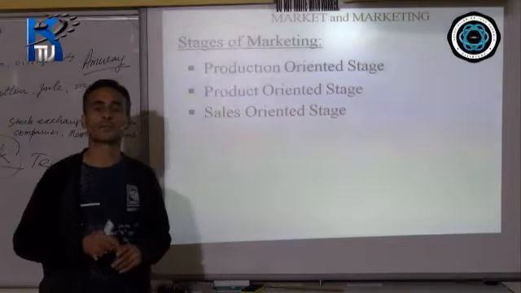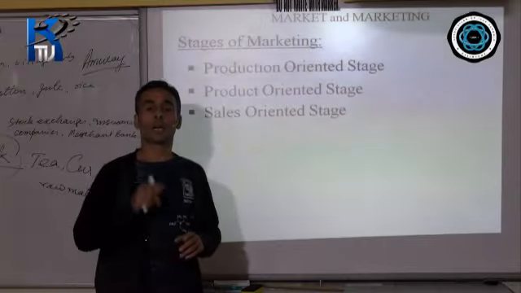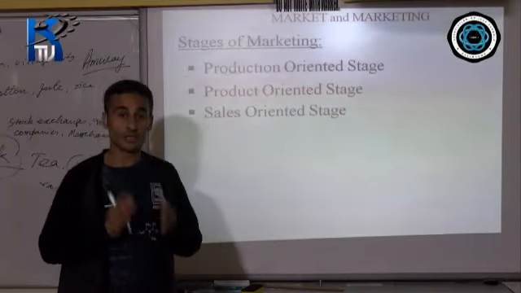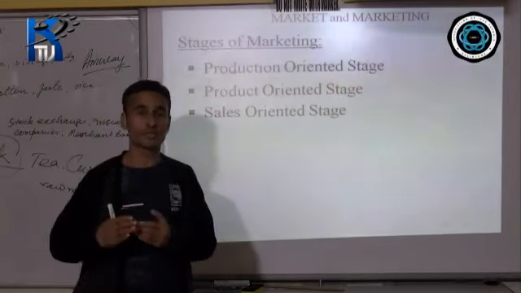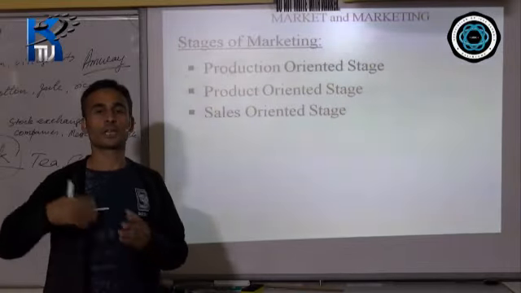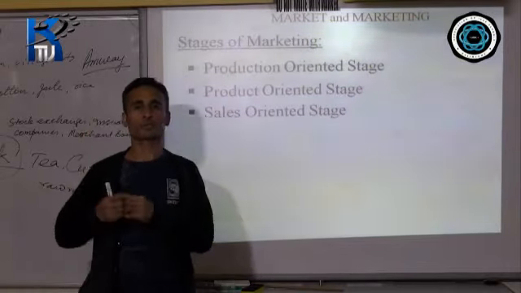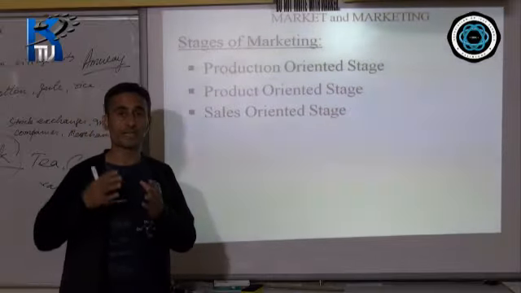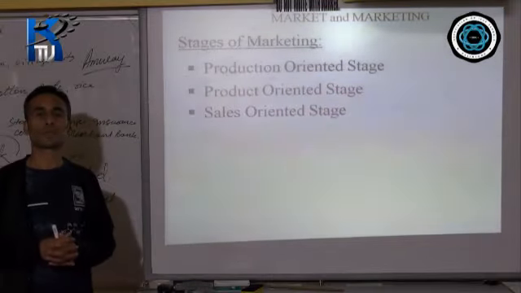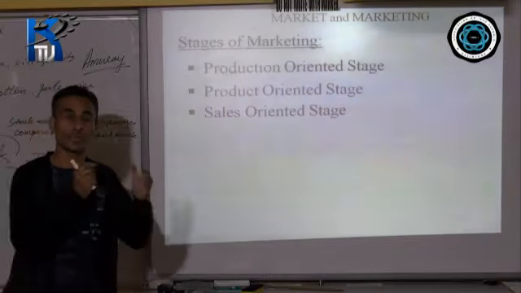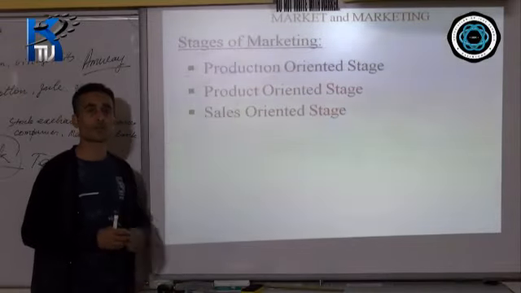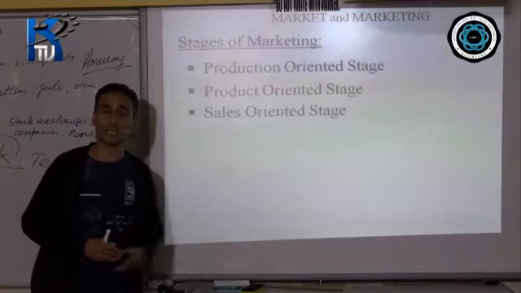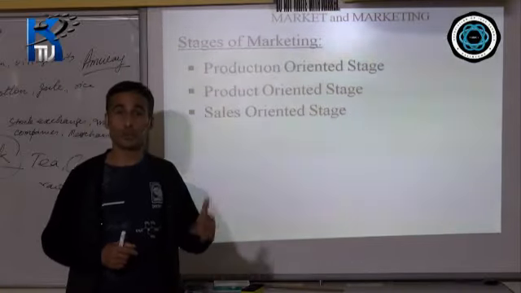So they thought sales cannot be done unless you employ aggressive selling techniques, unless you employ promotional techniques like buy one, get one free, discount. These are all promotional techniques of attracting consumers. Employing salespersons, using them to convince and persuade the customers. This was the time of the sales-oriented stage. This was the time of aggressive selling through advertisement and promotional measures.